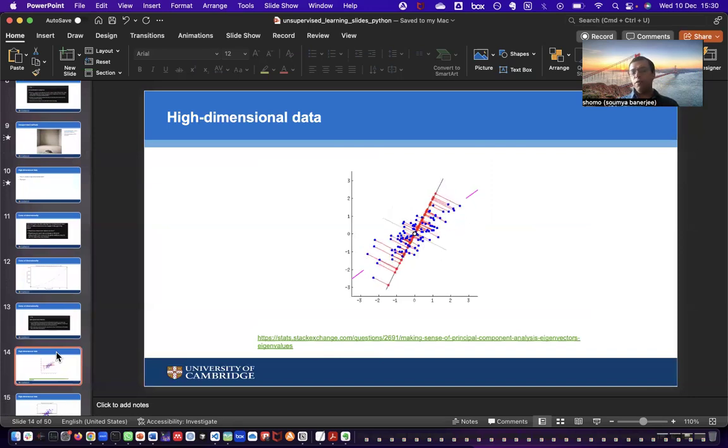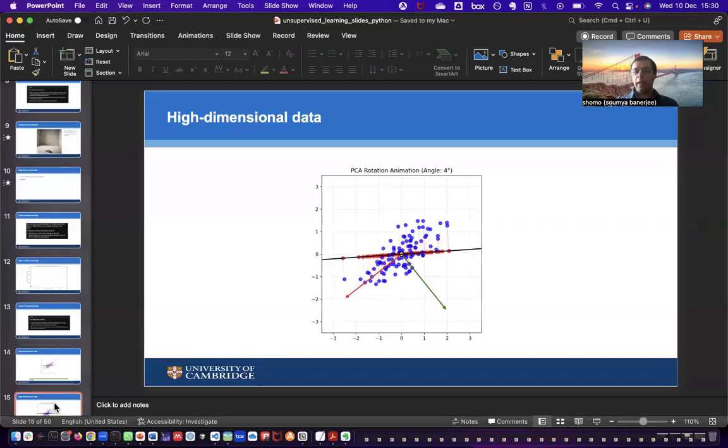It's trying to find the line of best fit through this particular data. And the idea is that there is only one particular line. These are custom animations that I've made for all this course material. And this animation suggests this idea that there is one particular line which will actually capture all the variation or the variance along this direction. Then I need to find another line that will capture all the variance along the next direction. And these two axes are called the principal components.